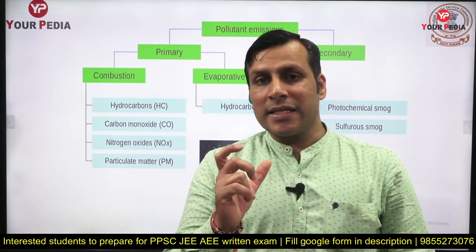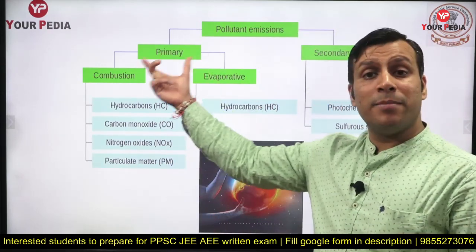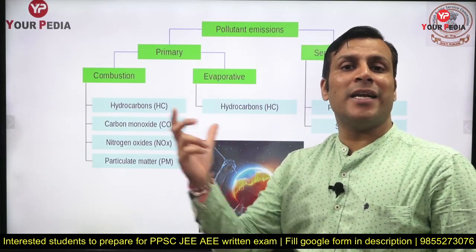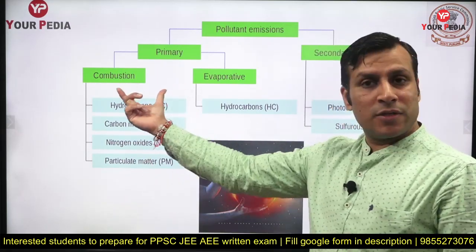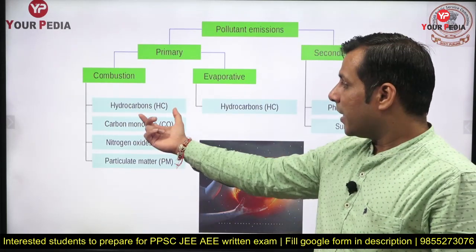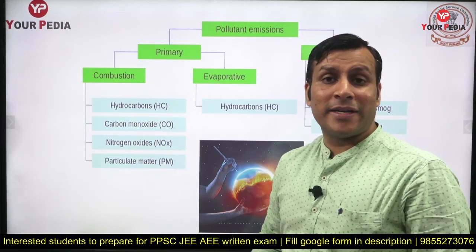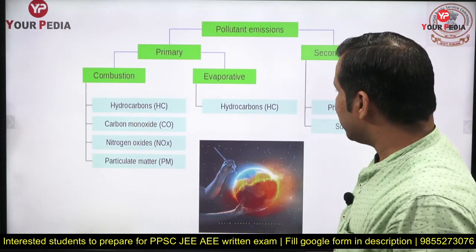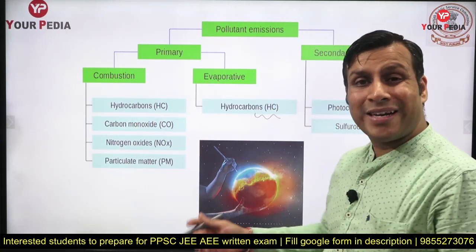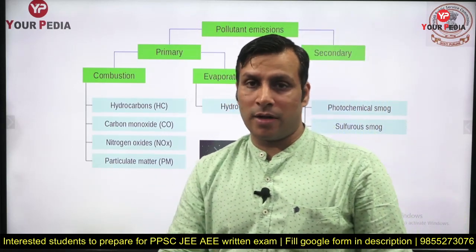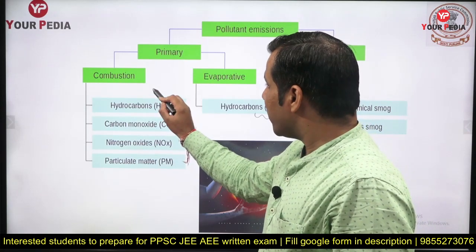So guys, that's why we are categorizing primary pollutant emission, the emission caused directly from the source, into combustion, which takes place due to the combustion of fuel, like unburnt hydrocarbon, and evaporative. It is right to say there is a difference between this hydrocarbon and the hydrocarbon you directly get, which evaporates from the tank or the pipeline. This is unburnt hydrocarbon.